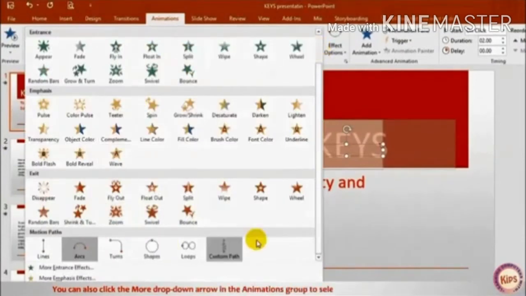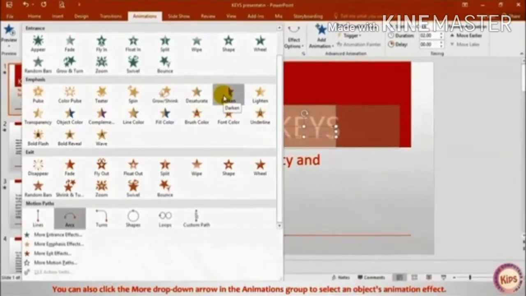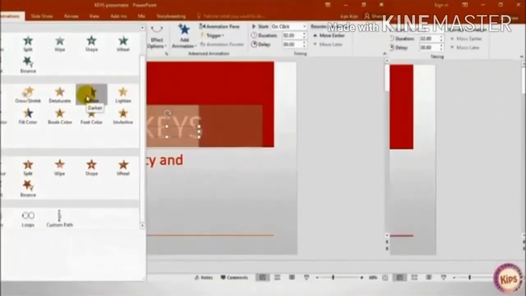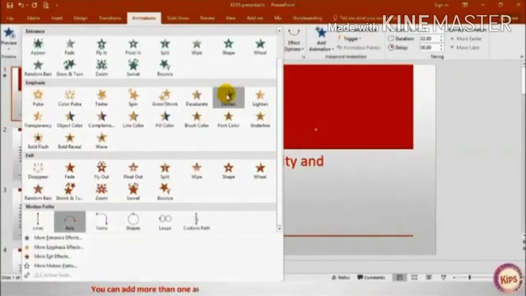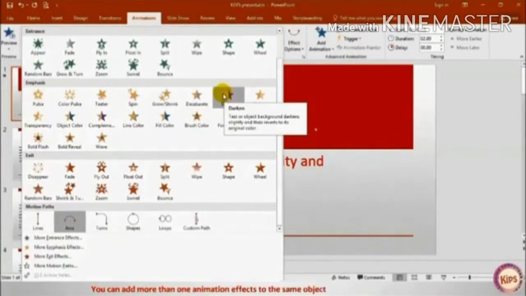You can also click on the more drop down arrow in the animation group to select an object animation effect. You can see here there are different types of animation effects.